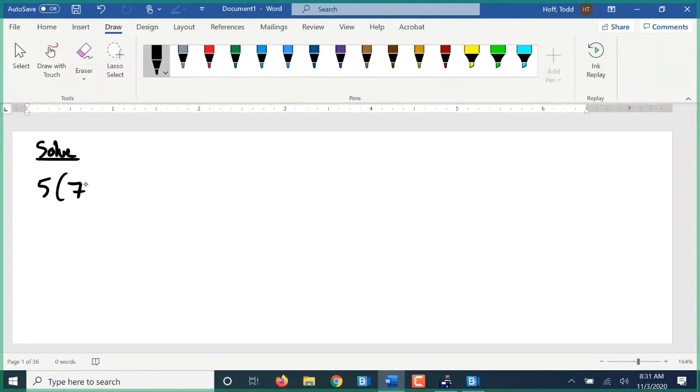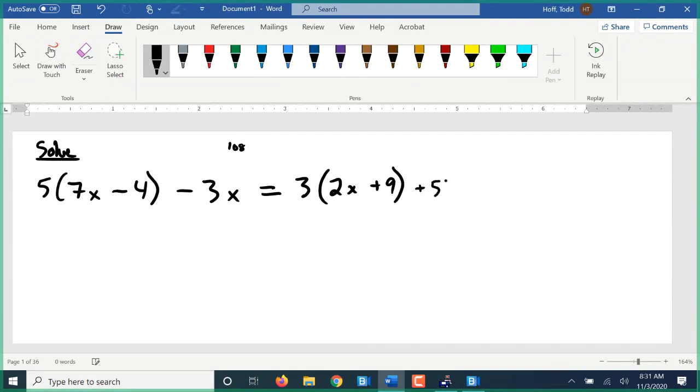Five times (7x minus 4) minus 3x equals three times (2x plus 9) plus 57. And you recall